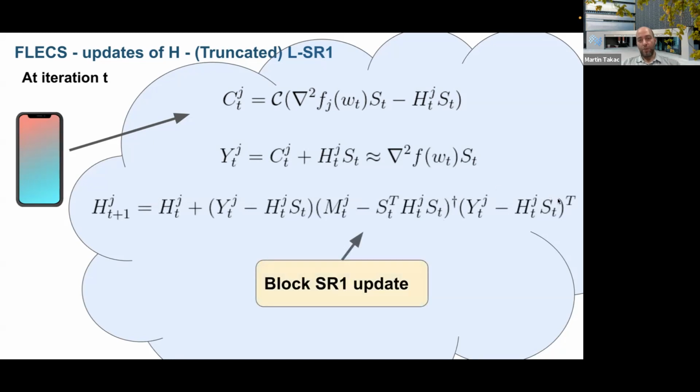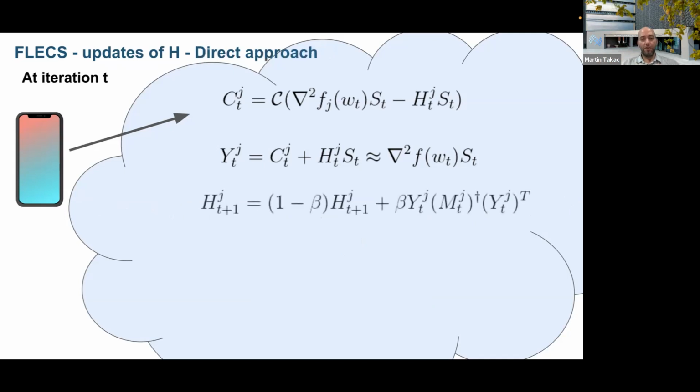So what is a nice property of this one is that, first of all, the matrix M_j is symmetric. Also, this is symmetric. Also, this is the same as this one transposed. So also my H_{t+1} of j will be symmetric for every j, okay? Because now you see that we are still getting symmetric updates for this H. We just sketch the hashing in some direction S_t, tell the server or the cloud, hey, your estimate is somehow not perfect. Try to adjust using, let's say, this block SR1. We also have a different approach.